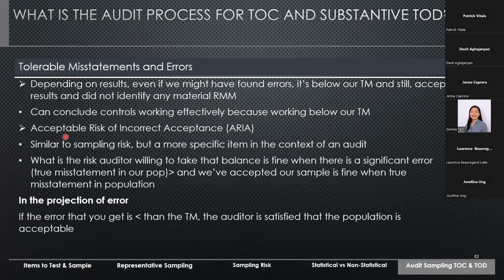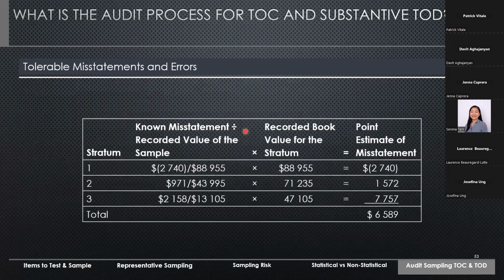And then there's the acceptable risk of incorrect acceptance. This is more when you're projecting onto your real population. So you're taking your misstatement and then you're trying to extrapolate that onto your population. That's the area. Okay. So if you look here,